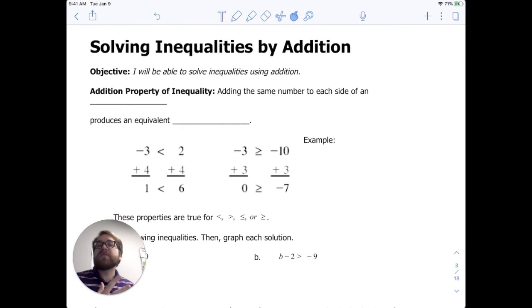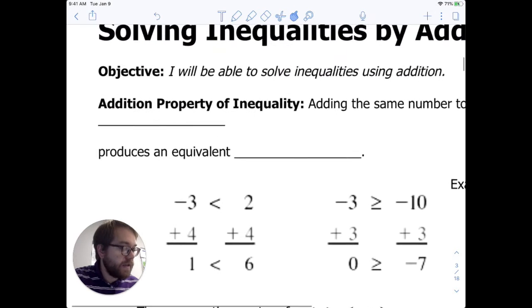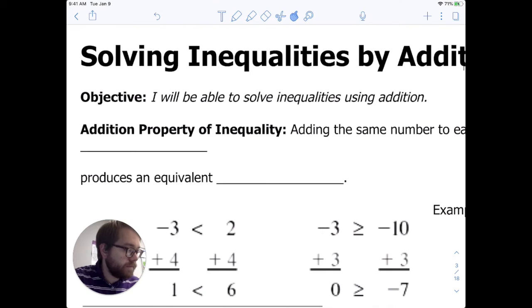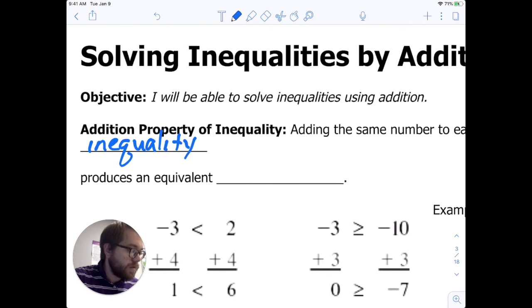So let's look at some notes for solving inequalities by addition. First, we have this addition property of inequality. That's just a definition that says adding the same number to each side of an inequality. So if we add the same number to both sides of an inequality, remember we're talking about sides, on the left of the inequality symbol and on the right of the inequality symbol, that produces an equivalent inequality,